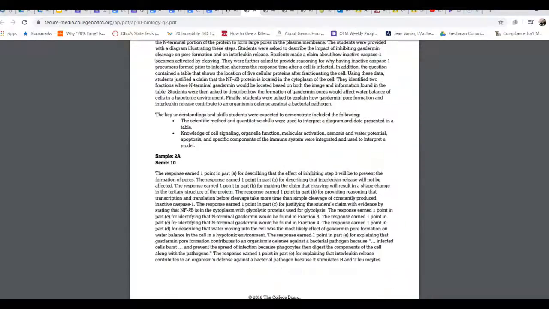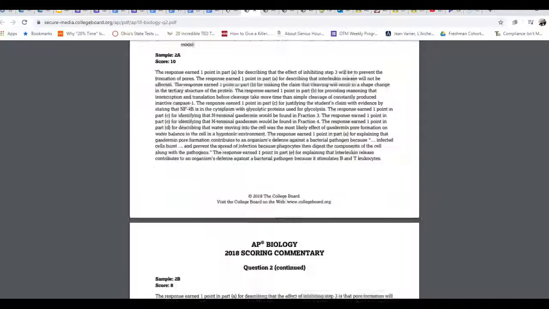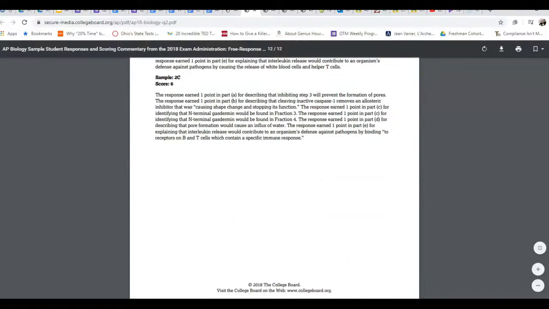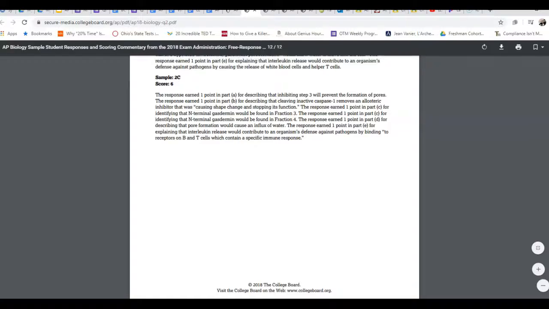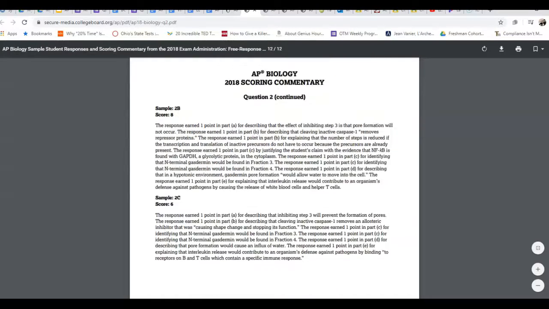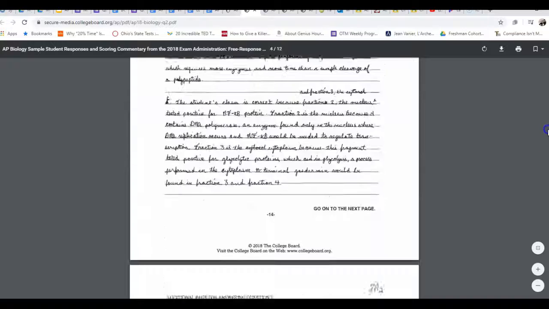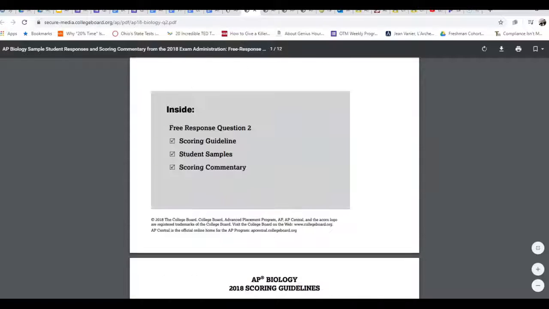And then it gives you an overview on what a perfect score would be, what an 8-point score would be, 6-point score, and so forth. All right. You want to get at least a 6 out of, what was this, 10? Yeah, 6 out of 10 in order to pass. But it gives you all the different levels of how many points are in each section. So take a look at it,